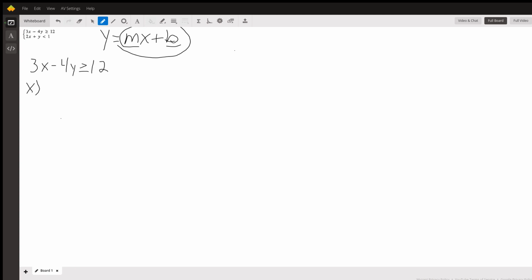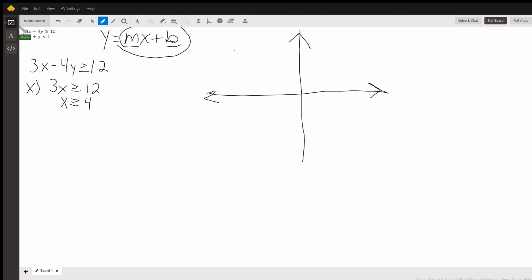Negative 4 times 0 is 0, so it's when y is 0. So it's just going to be 3x greater than or equal to 12. X, to solve this, greater than or equal to 4. So here's my coordinate plane. One, two, three, 4. I'm trying to be somewhat accurate. And it says greater than or equal to 4. So since this is greater than or equal to, this line is going to be solid. And I'm going to be going to the right. Do I have this right? Greater than or equal to 4. Yes, greater than or equal to 4. So to the right